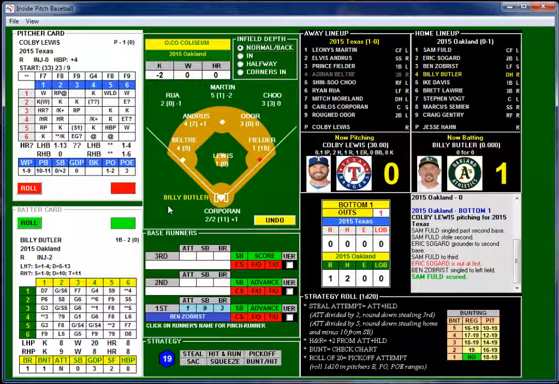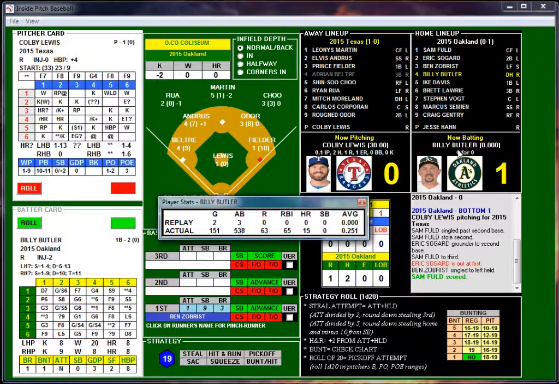Oakland's on the board here in the bottom of the first already. Next up, Billy Butler. This is his second game. 3 at-bats, nothing to show for it. Real life, 151 games, 65 RBIs, 15 home runs, no stolen bases, .251 average.